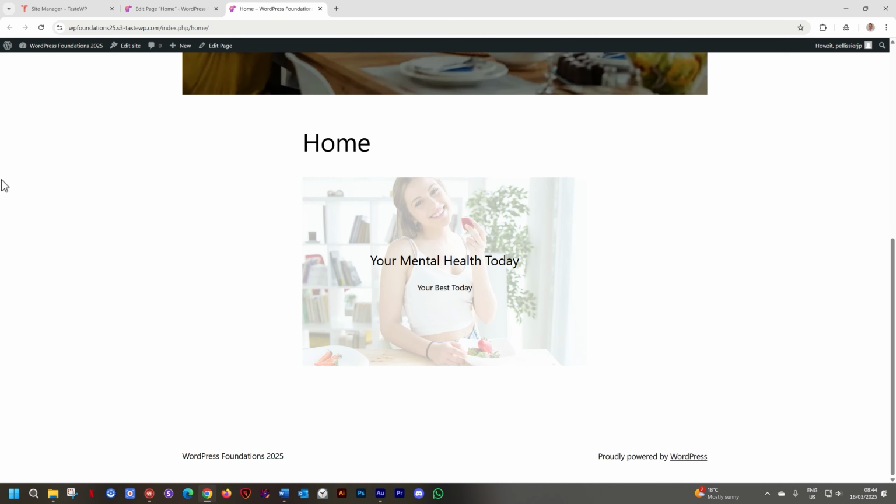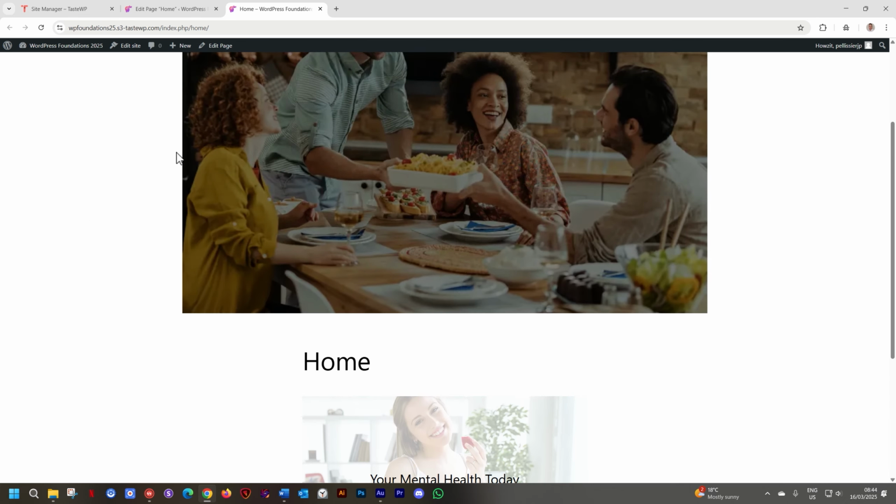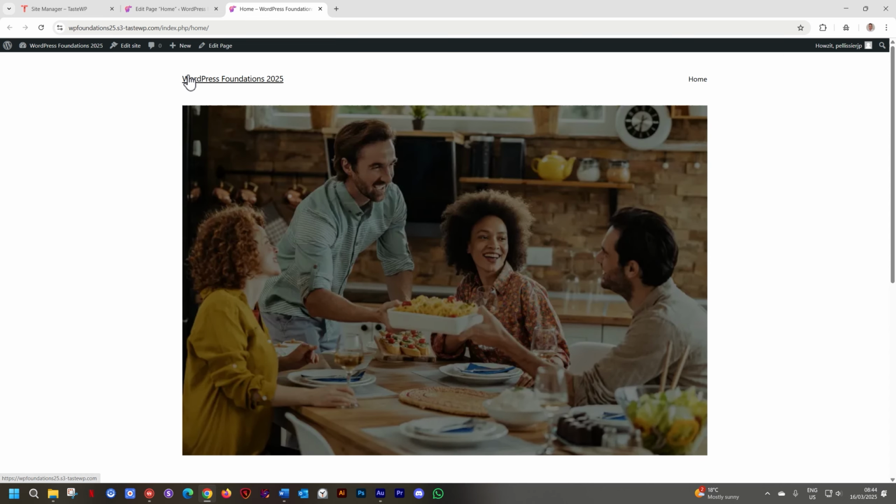All the way from left to right on my screen is my screen, and that is your screen as well. And screens are different. And that's why we have these white bars on the left and the right. That is no man's land. No content goes there, because some screens are bigger and others are smaller. The maximum content is usually between the header. You can see we have this WordPress Foundations 2025 and this link for home. And this image here is a good example of the content width.